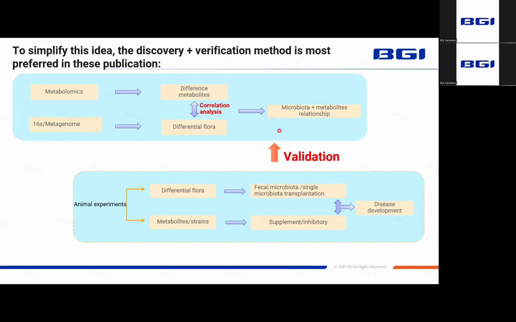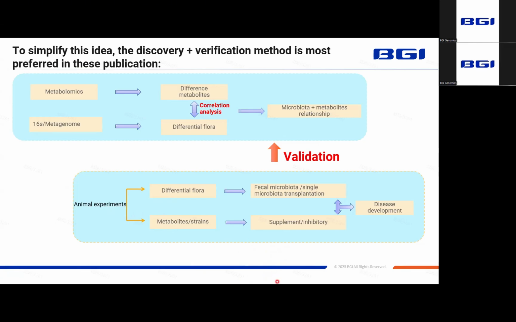To simplify this research idea, discovery and verification is the most preferred approach in these publications. The separated analysis of metagenomics and 16S sequencing or metagenomics and metabolomics is done to find the relationship. Another validation set of animal experiments can be done. In one way, fecal microbiota or single microbiota transplantation, or metabolite supplement or inhibition, and see if any changes